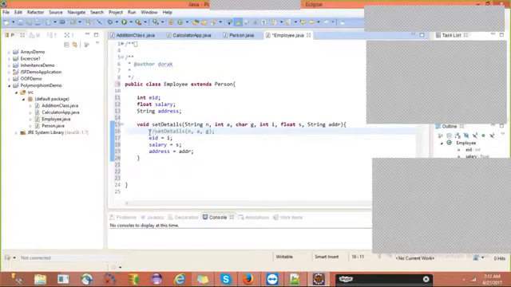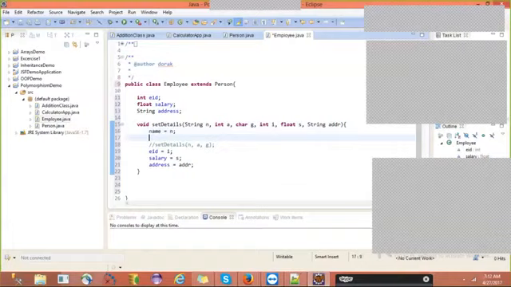Without inheritance, we have to assign the values individually, right? If inheritance is not there, we have to write name equals n, age equals a, and gender equals g, like this.